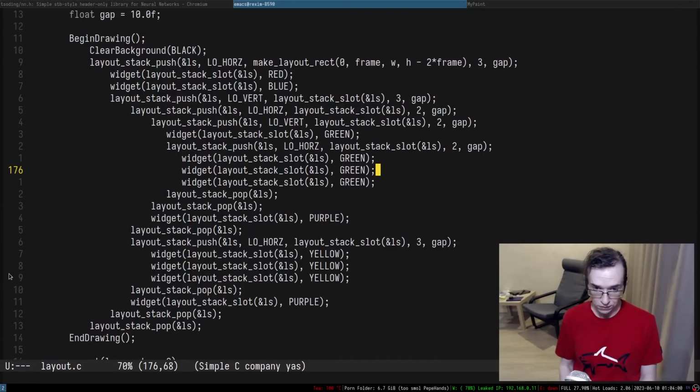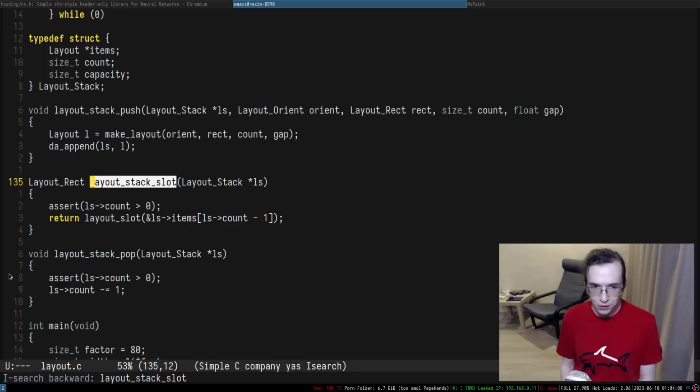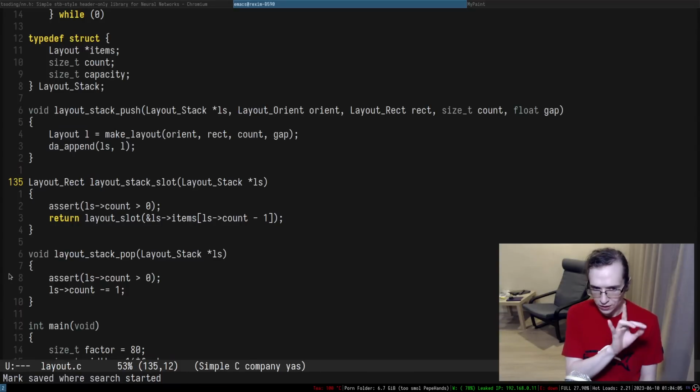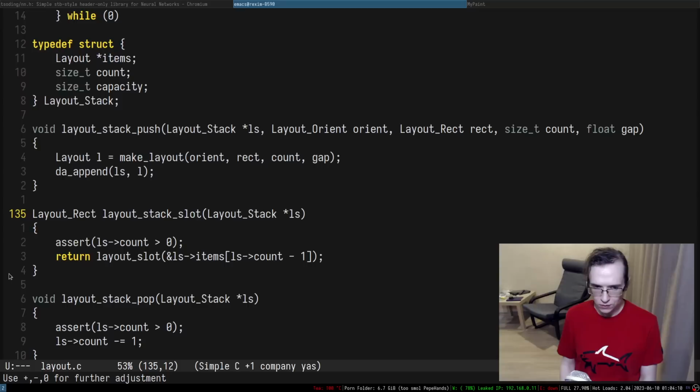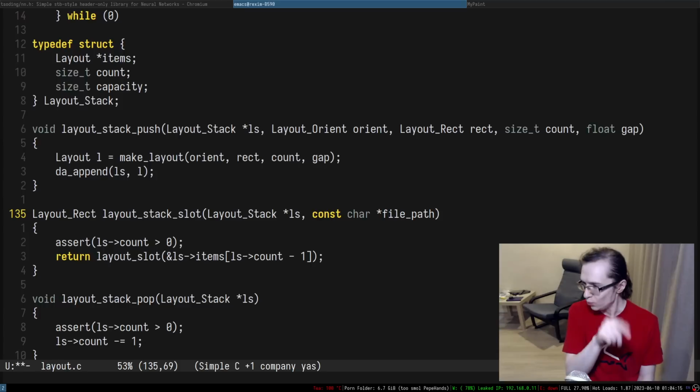To do that, I think we need to know the place where you called layout stack slot. One way you can do that is to pass the file path, the file within which you call this entire thing, and the line at which within that file you call this function.